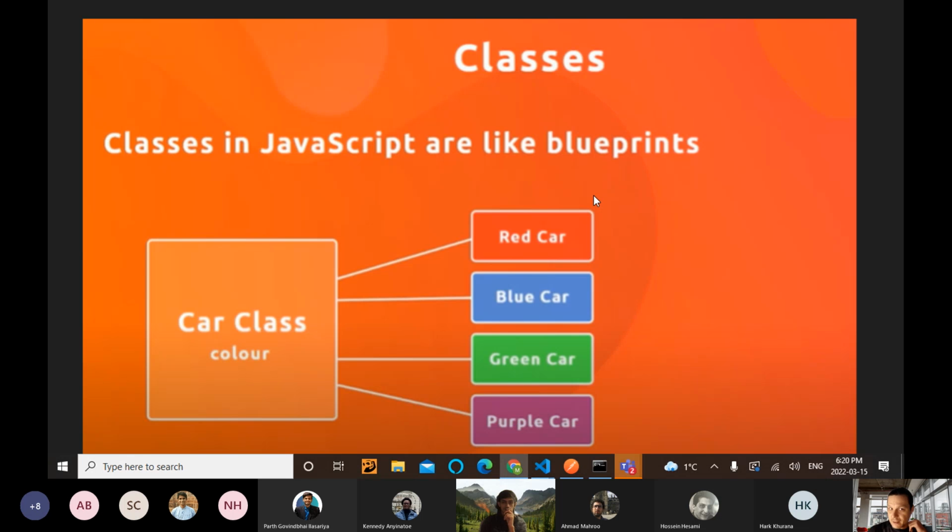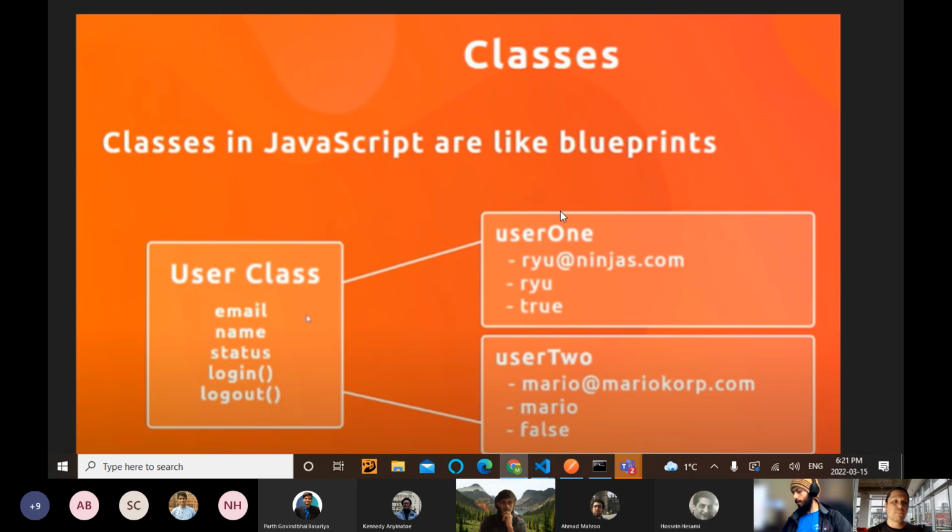So classes are like this. Remember, they're blueprints. So you have a car. Car has a class. Car class has a color. Every other derived object is a car. They all have different attributes. They all have different colors. It could be a user class with name, status, these properties, and some functionality that is encapsulated inside of that user object that can float around and then be reused for every different instance. So you have a user 1 or 2, doesn't matter. If it's 10, 100, 1,000, you have a blueprint that you can quickly